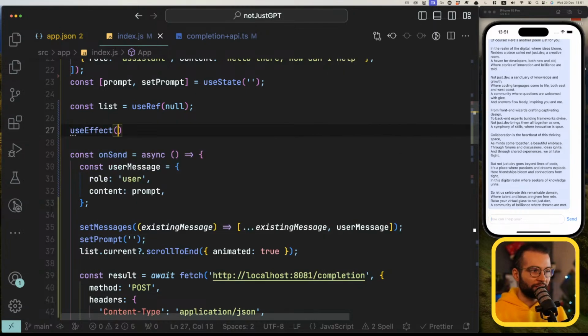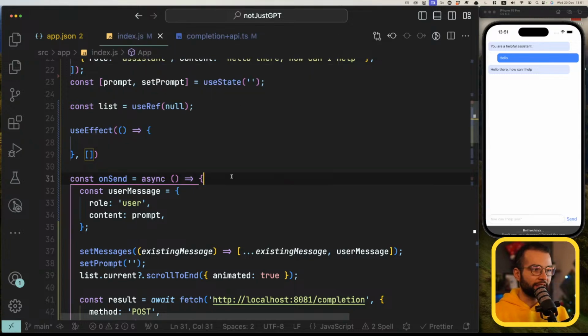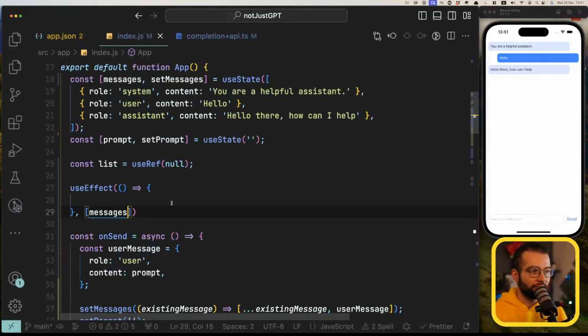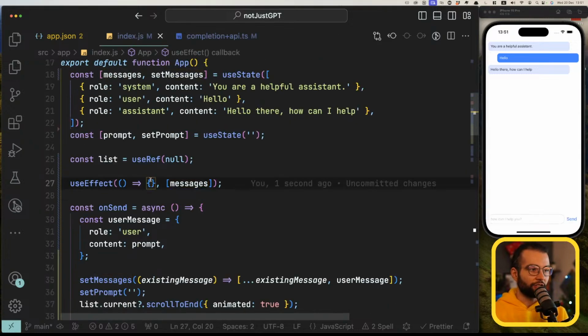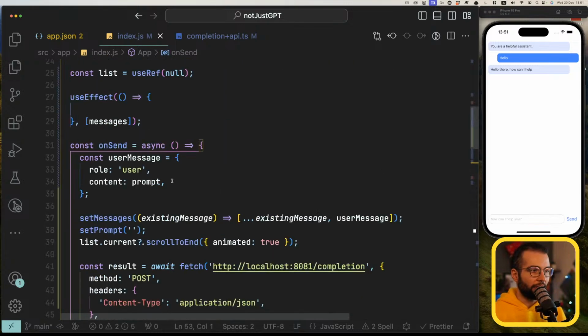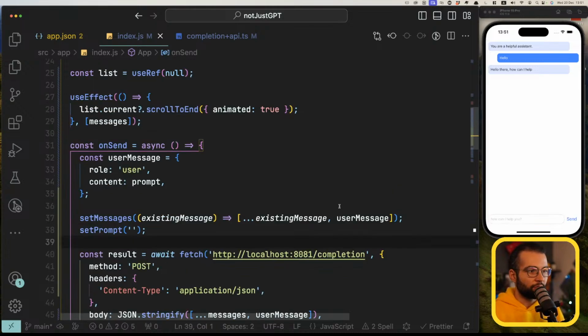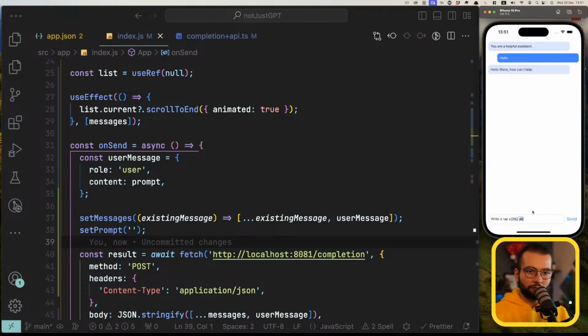Another approach would be to use effect, probably, I'm not sure, and have in the dependency list the array of messages. So every time messages change, then we're gonna do scrollToEnd. And this way we don't need to worry about calling it multiple times, we can do it only once. Let's try right now. Write rap song, not song